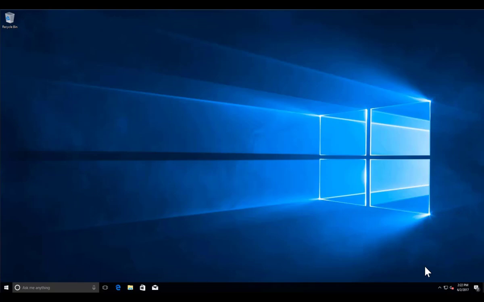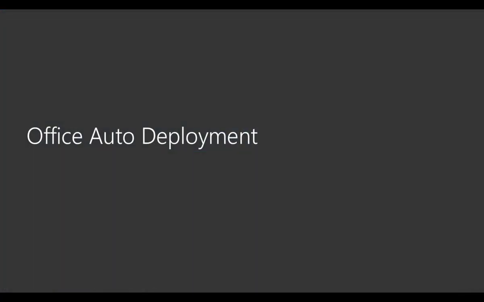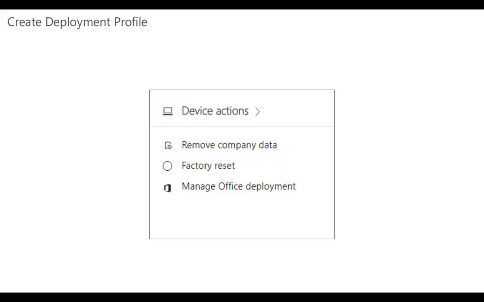and start deploying Office. So again, we can not only deploy things like our iOS management, we can also do that on Android, and we can push out and manage the initial configuration of Windows 10 environment thanks to Autopilot. But Microsoft 365 is also going to give us the ability to do the deployment of Office on the desktop as well remotely. So when you go into Microsoft 365, you will see that there is an additional tile here,